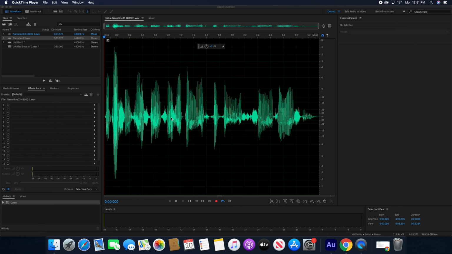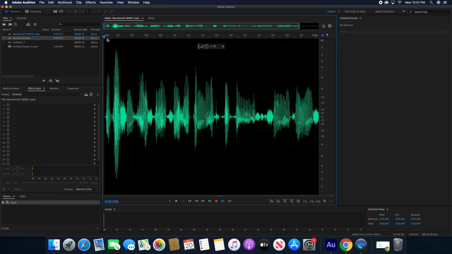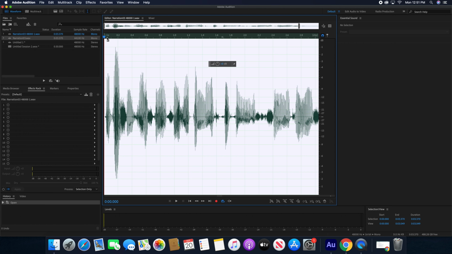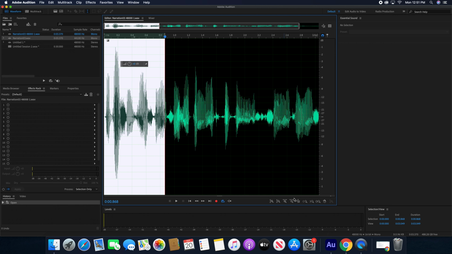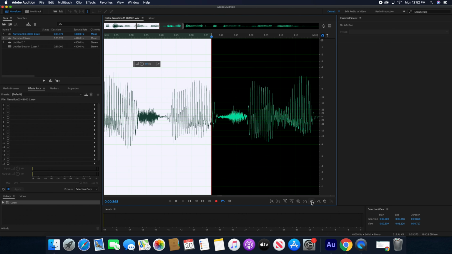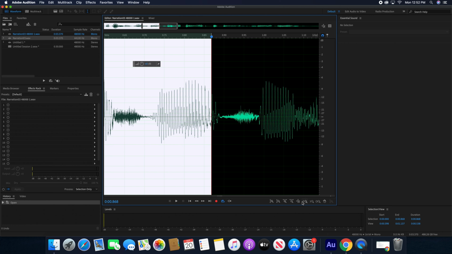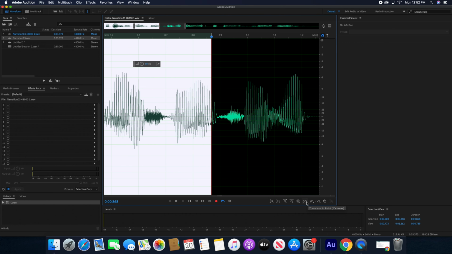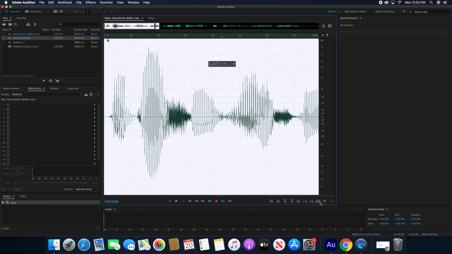Doing a waveform, something that makes it a pretty cool thing to use is zoom in. Now they have many different zooms to use. You can find them all down here on the bottom. They have a zoom to selection, which if you select something, it helps you zoom in there only. So if I was to press I here and put O here, it zooms in on that selected part, and they have a zoom out on the selected part as well. So it lets you just zoom in and out on the parts you selected, and even zoom in to the